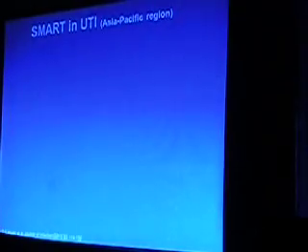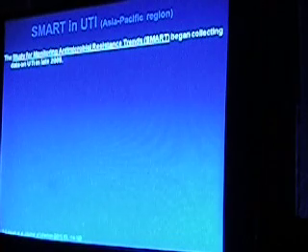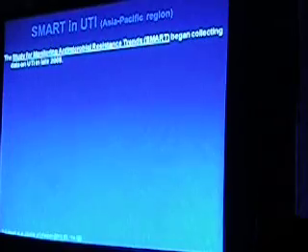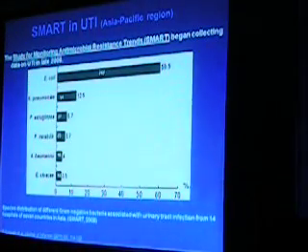Next slide. This is the antimicrobial monitoring data from Southern India. Next slide. If you look at the organisms causing urinary tract infection, E. coli dominates even in our part, almost 60%, followed by Klebsiella, Pseudomonas, and other gram-negative pathogens.